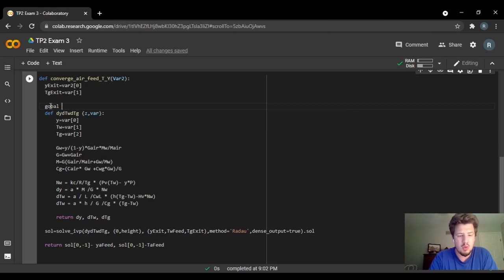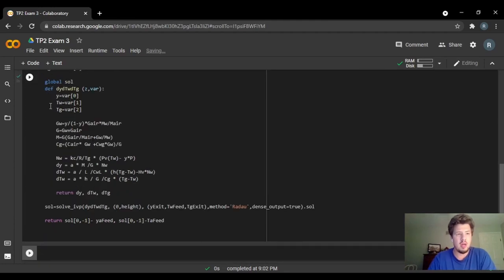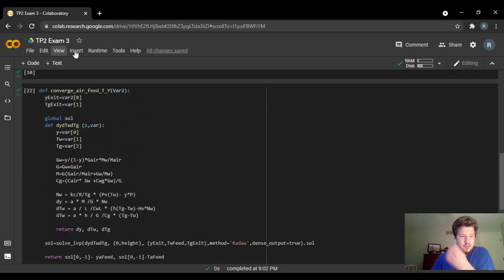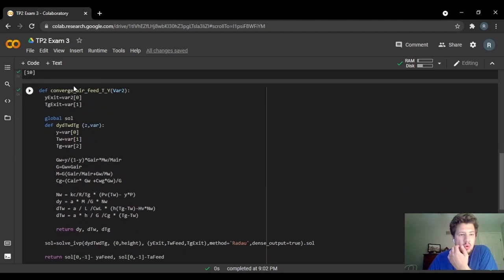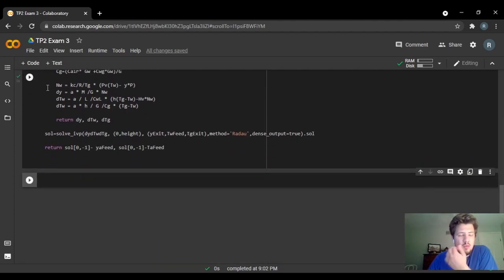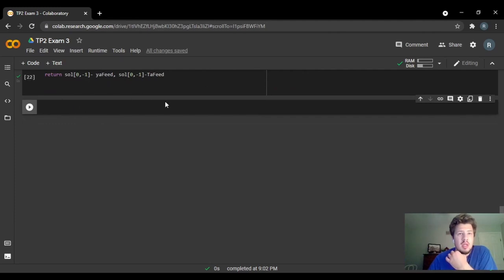So the global solve, I don't think that's what global solve. Now that pulls the variable solve right here, none, and it pulls it into, and we fill up that empty cell that we had originally done. Now that we're done with all of that, we need to actually do the root function to solve